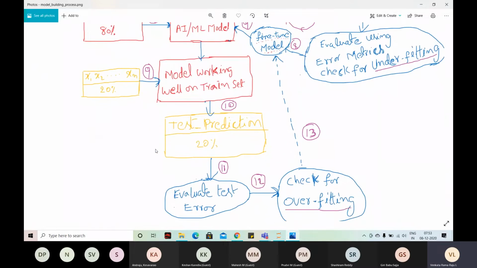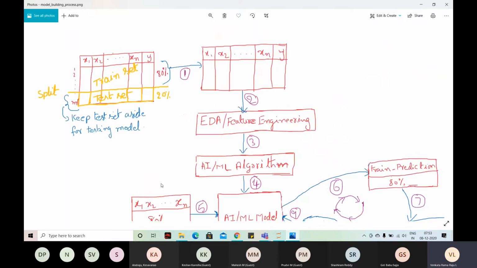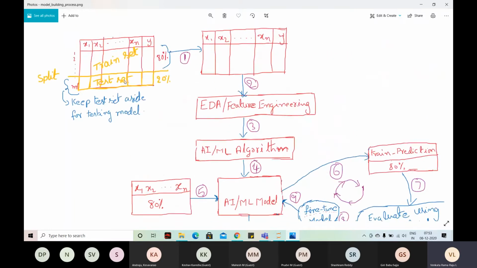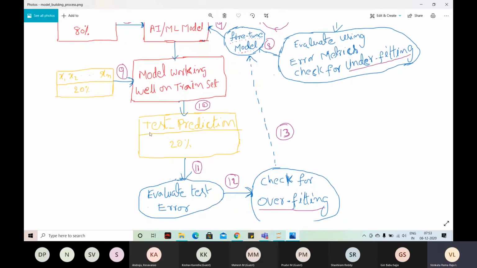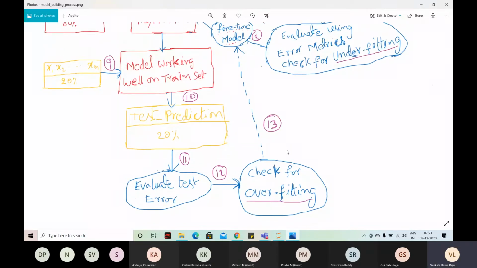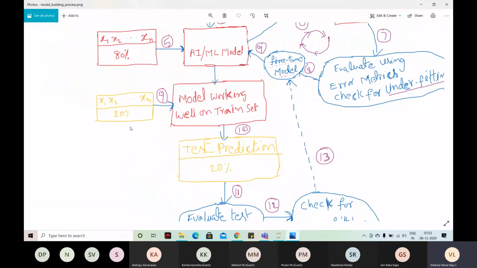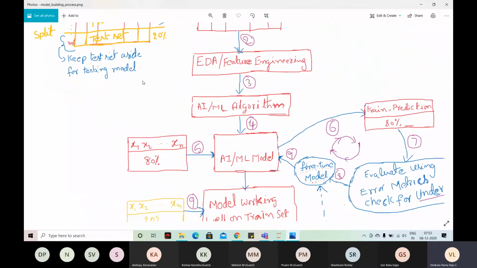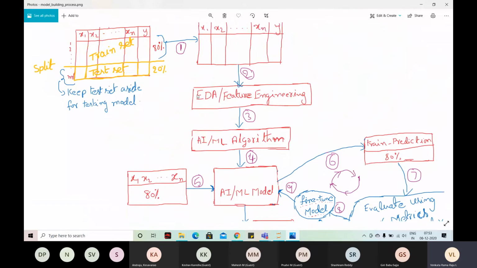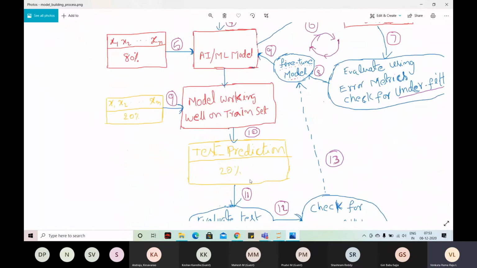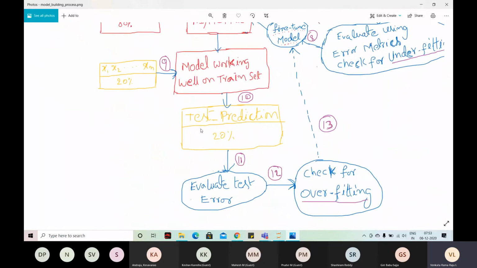And I have a way to check. If you look at the whole 1000 records, you have the Y value, and here you will get Y cap, the test predictions. So you can test it and see whether the model is working well on unseen data. But if you don't set this aside and take the whole 1000 records to build a model and use it in production, you will not have a way to test it,